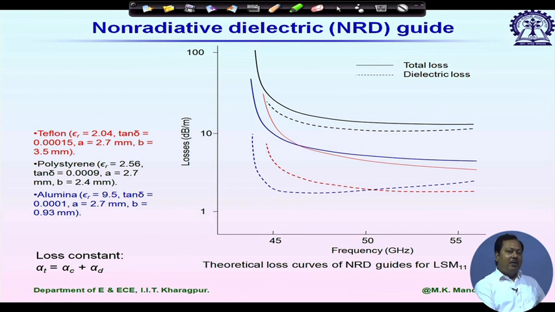We can avoid conductor loss to some extent. We have to choose a proper dielectric material which will give you small loss tangent value, and you can design a waveguiding structure whose loss is very close to air filled rectangular waveguide, and that is how we can actually obtain very low loss. But the problem again we face at millimeter wave frequencies is fabrication problem and loss from any bend if you have in your MMIC.